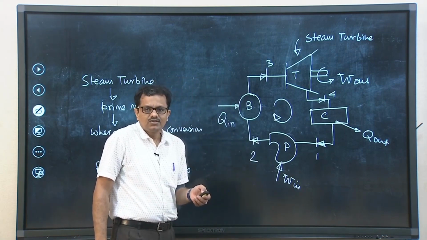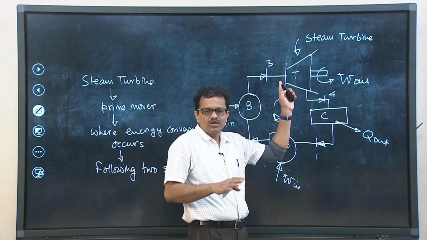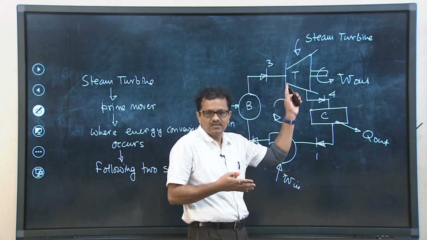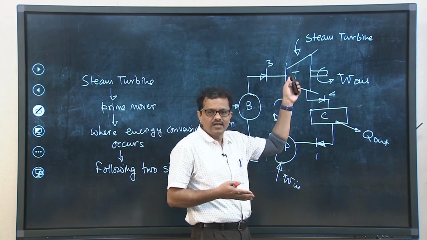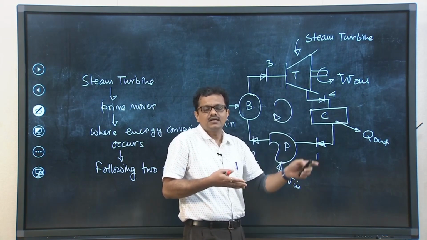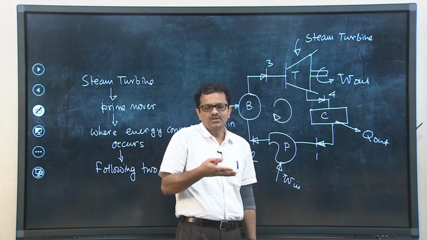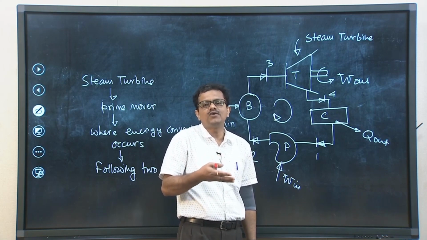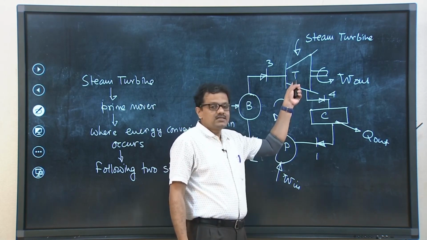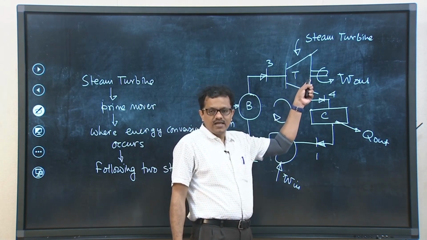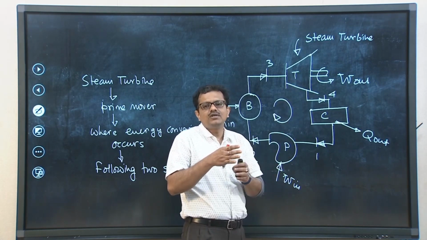Now, what I said is that the total energy conversion occurs in two stages. First, high pressure, high temperature steam is allowed to flow through the nozzle, wherein it gets a chance to increase its kinetic energy, forming a jet. So, steam coming out from the nozzle in the form of a jet is now allowed to flow through the turbine, and when the steam jets flow through the passage between turbine